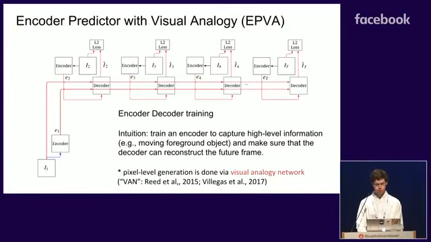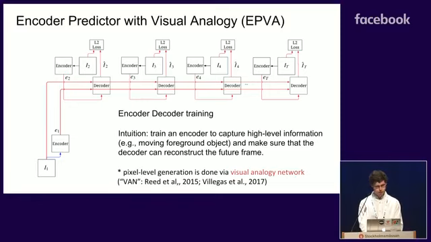To overcome this problem, it helps to split up the training of the decoder and predictor network. So here I show how the encoder and decoder can be trained at the same time, similar to how an autoencoder works. In this method, the image is given to the encoder and then decoded again by the decoder, and we're just optimizing the L2 loss here. This encourages the decoder to produce sharper predictions because there isn't any uncertainty, since it has indirect access to the ground truth image through the encoder. And then also the encoder, of course, will learn to produce encodings that can be decoded to recover the image.